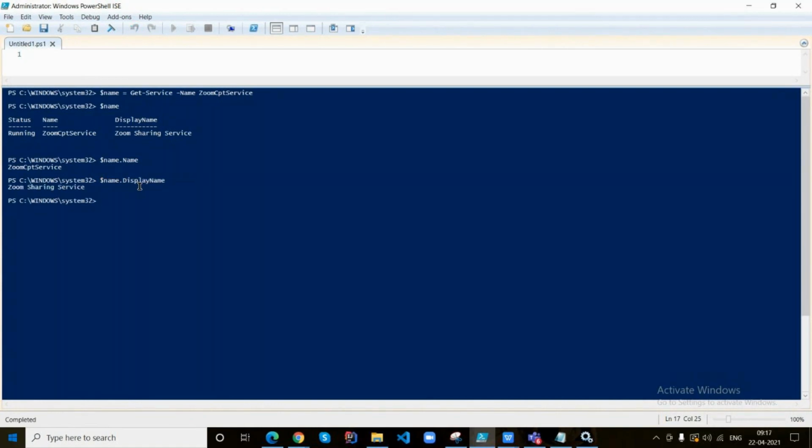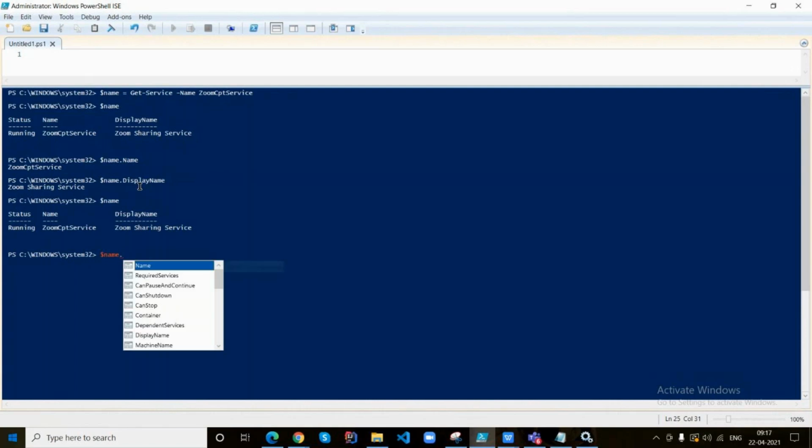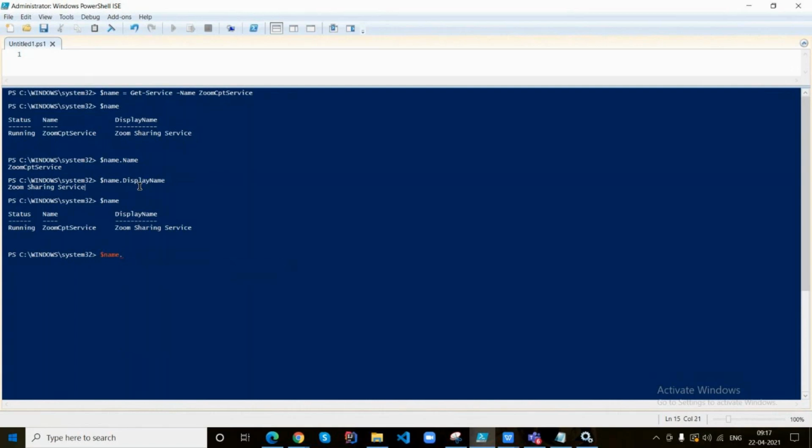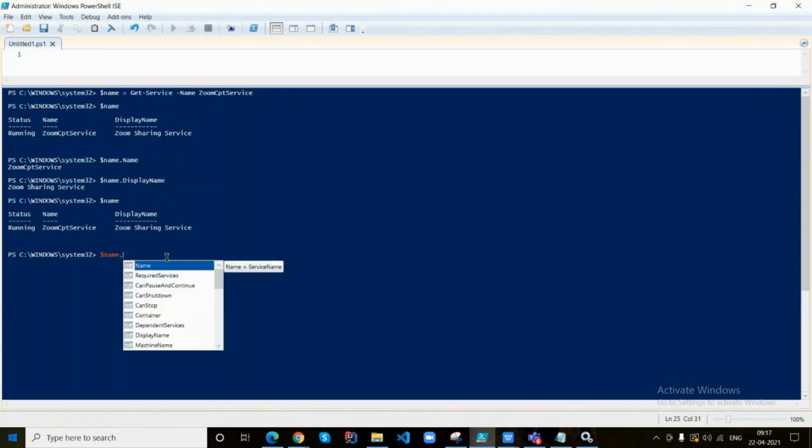Okay, now just execute $name once again. Now, $name dot. So here, what kind of information can you get? Not only name, not only display name, not only status.